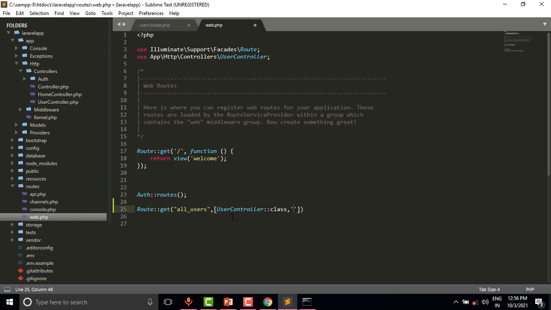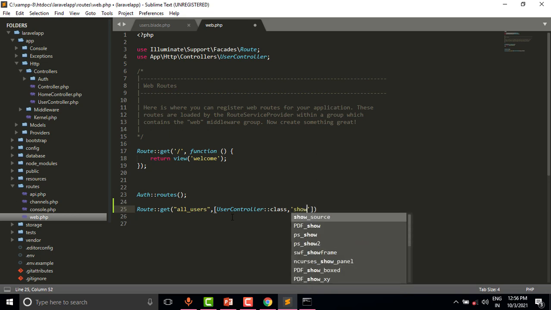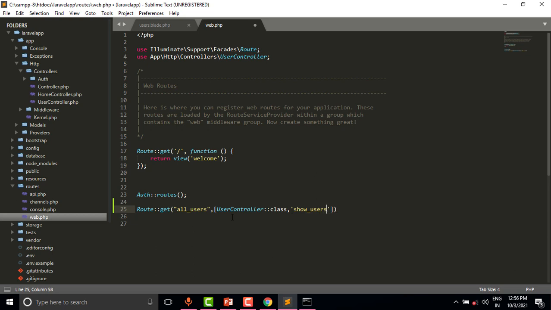For example, I want to create the function showUsers. So let us create this